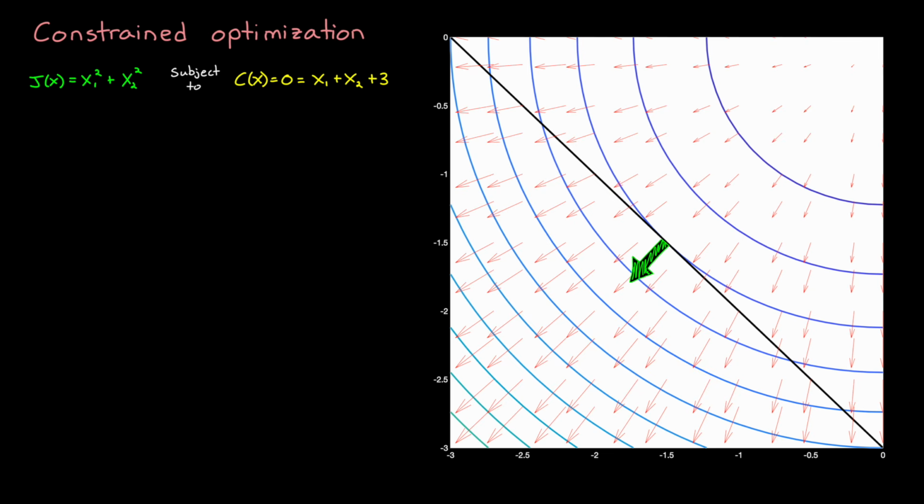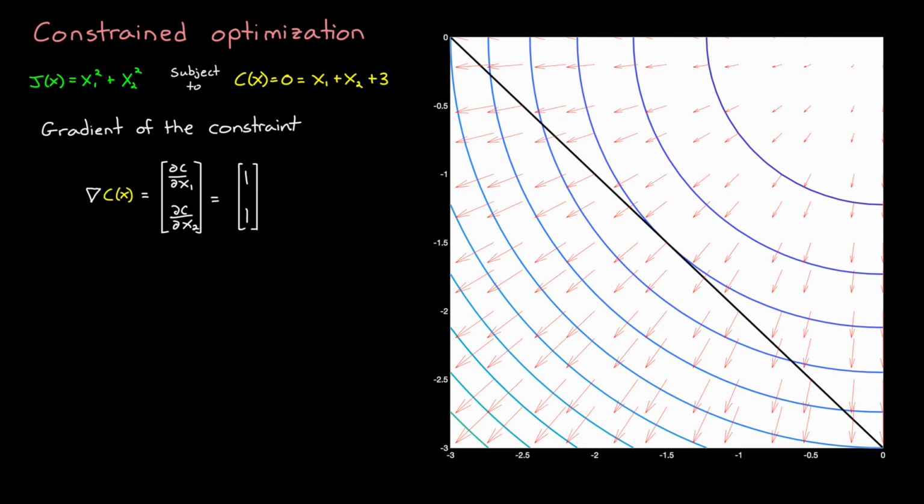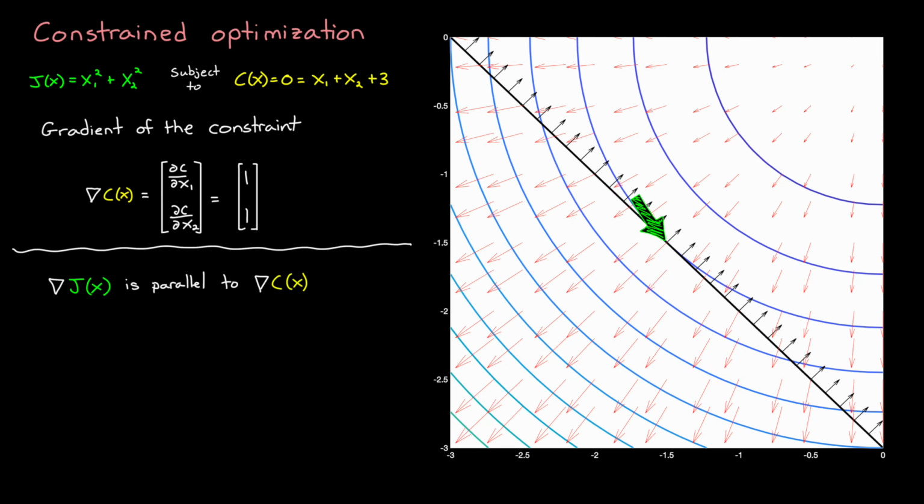And if the gradients, or the directions of the steepest slope, for the two functions are parallel, then this is a stationary point. And therefore, it's either a maximum, a minimum, or some kind of a saddle point like we had with x cubed. So the gradient of the constraint is the partial derivative with respect to both x1 and x2, which it turns out is just 1 for both directions. And if I plot that vector field on our graph, we get these arrows that are all perpendicular to the black line. And notice that at the minimum point, the gradient of J is parallel to the gradient of C.